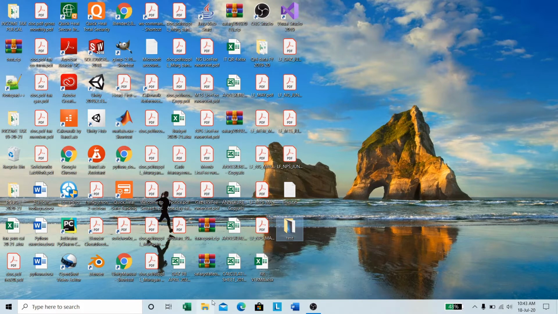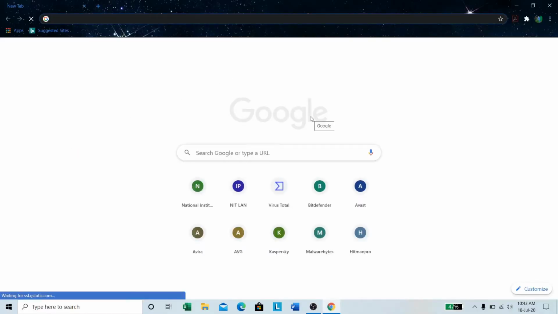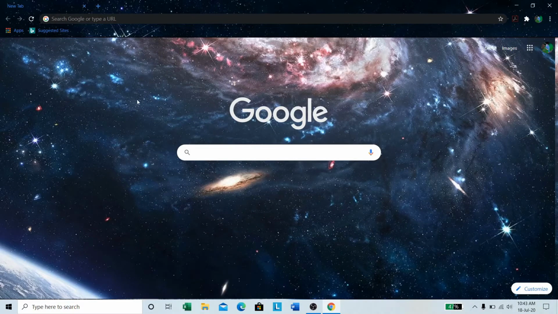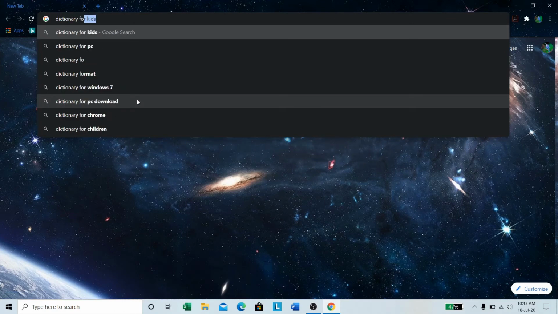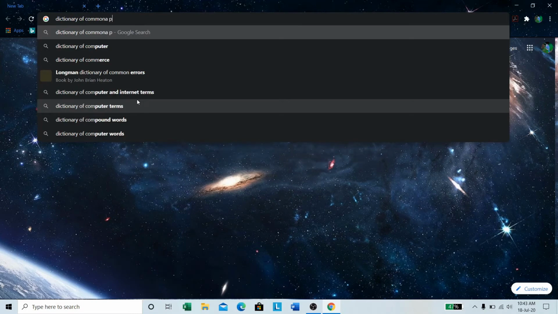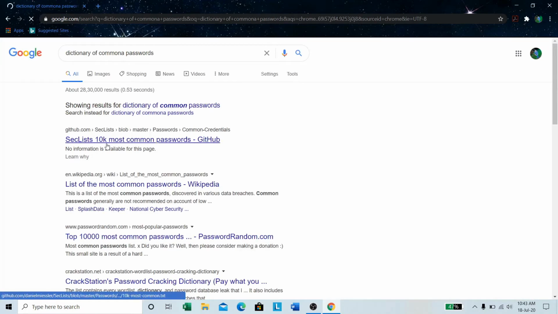And for a dictionary attack, we need a dictionary of common passwords. And here Google is our best friend. This time, dictionary of common passwords. 10k most common passwords, GitHub.